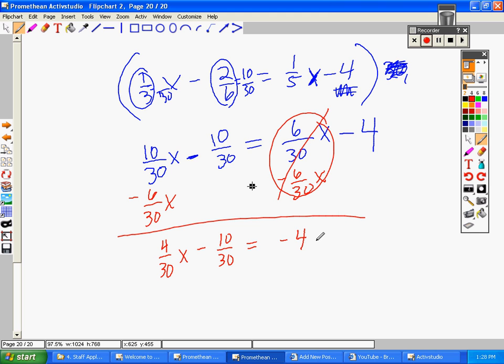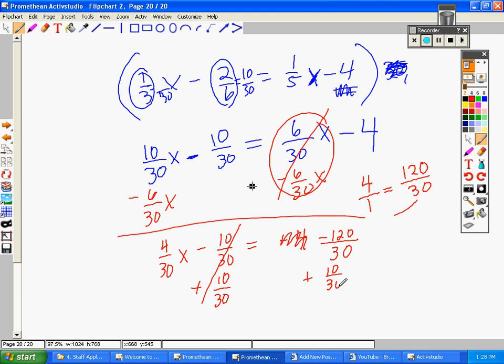So what I can do is turn the whole number 4 over 1 into a fraction with a denominator of 30, just like we would with an equivalent fraction, times 30 times 30. Instead of -4, I'm going to change this to -120 over 30. Now it's going to be really easy to add 10/30 to both sides. I have -120 plus positive 10, which is -110 over 30, which equals